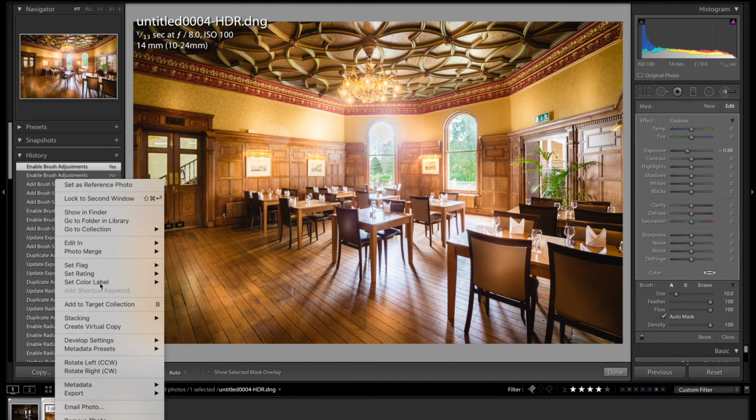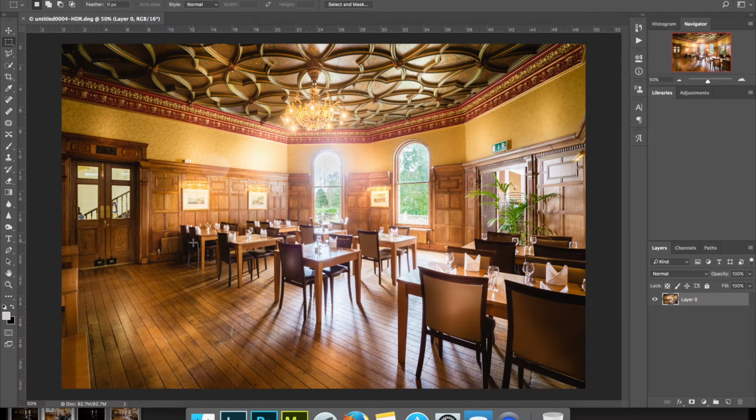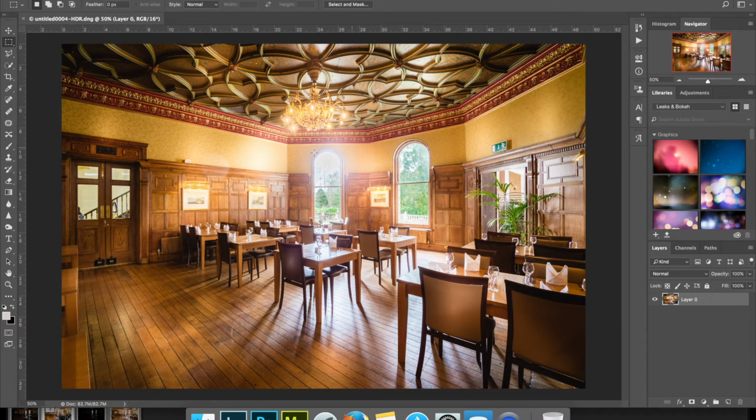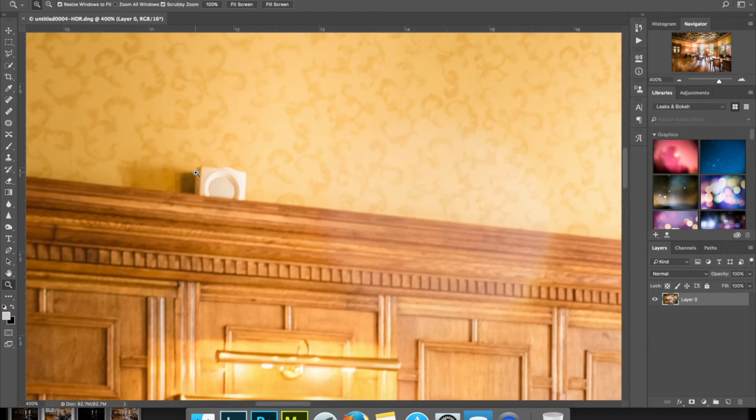So we'll right click, edit in, Adobe Photoshop. Okay, here we are guys in Photoshop. A couple of things I want to do. I want to sort out that lens flare there, and maybe take that out. So let's do that. Zoom right into this area. Now this might be a bit tricky because of the lines underneath there, but we'll have a go. We only need to take enough out for it to not be noticed, but let's start with this thing here